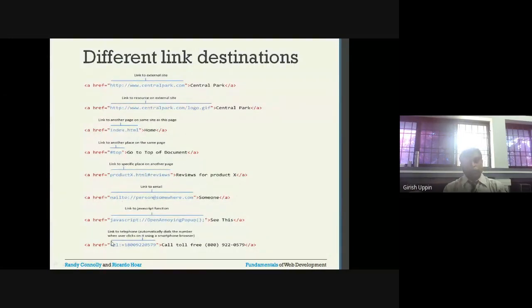Just imagine this: you have a page and you open it in your mobile application, and when you click on telephone, what it will do is open up your telephone application, right? The telephone app, and it will already have this number dialed in. So you have to make the actual call, but this number will be loaded into that phone app. It will open up the phone app and load this number. So that is what it will do.